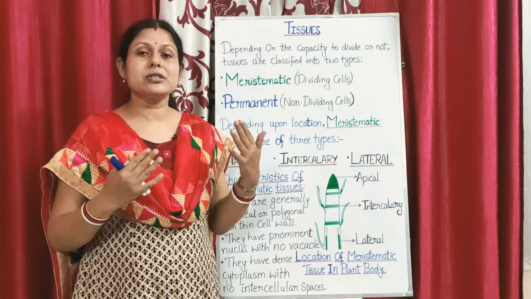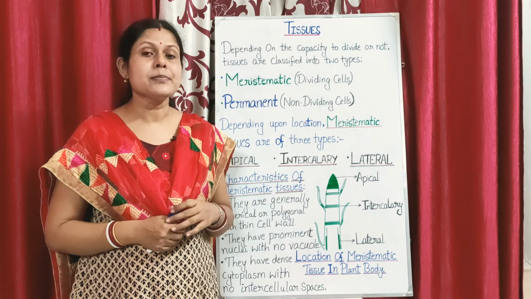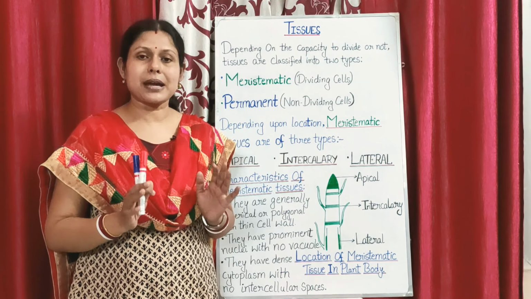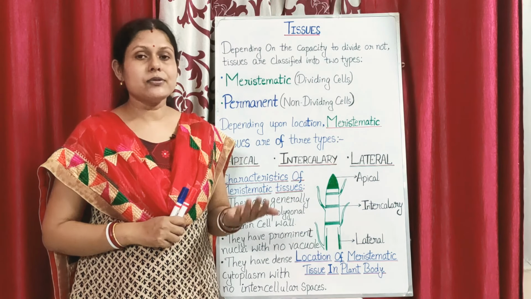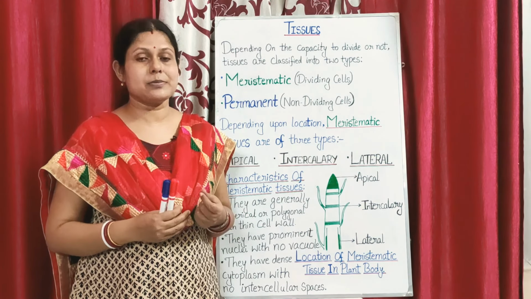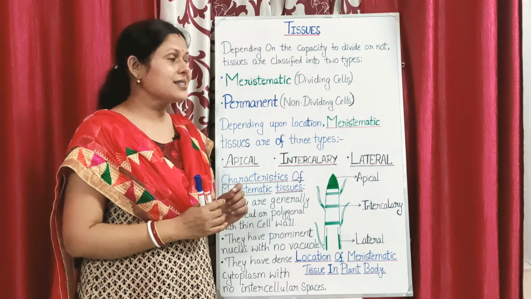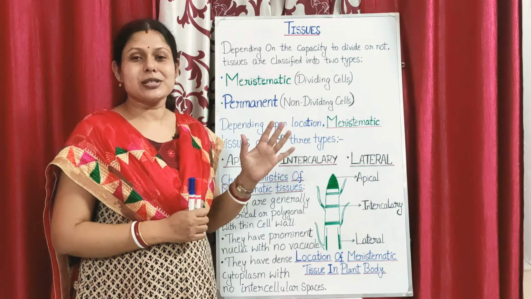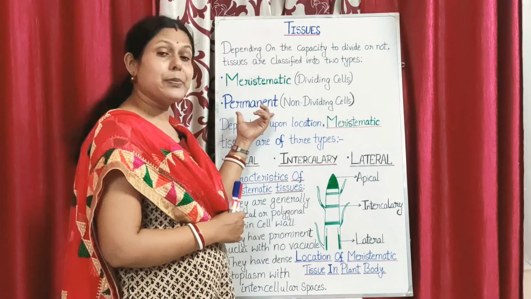The portion of the plant which keeps on growing throughout the plant's life, because in case of plants the growth is unlimited, isn't it? It is continuous till the plant survives, whereas in case of animals, the growth is restricted. After a certain age the growth stops, and only internal repairing work takes place in animal cells. Since we are now concentrating upon the plant, let us only concentrate upon the tissue system of the plant. So meristematic tissues are made up of dividing cells, and permanent tissues.